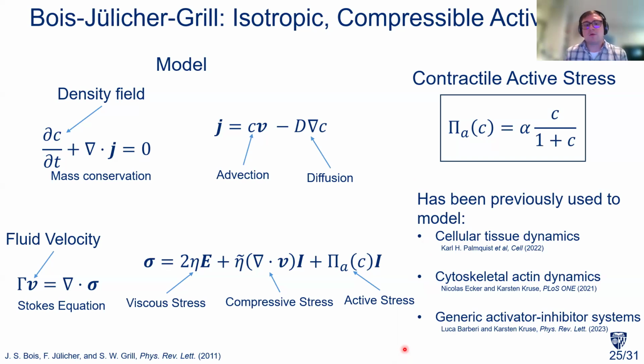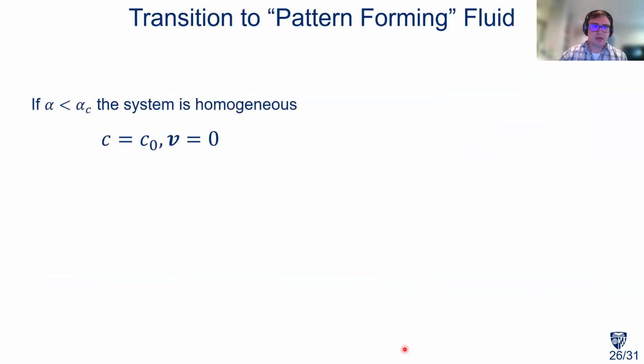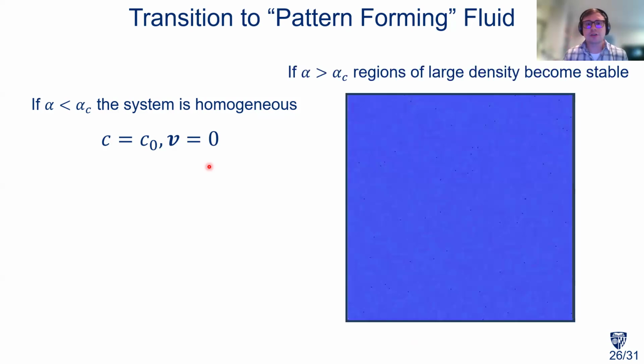And so, why has it been used to do these? Well, the fundamental behavior of this model is that it has a phase transition to what is called a pattern-forming fluid. So let me describe that. If the activity, still given by alpha here, is less than some critical value, diffusion wins out, and you just have a homogeneous system. However, if the activity is larger than some critical value, you get regions of large density